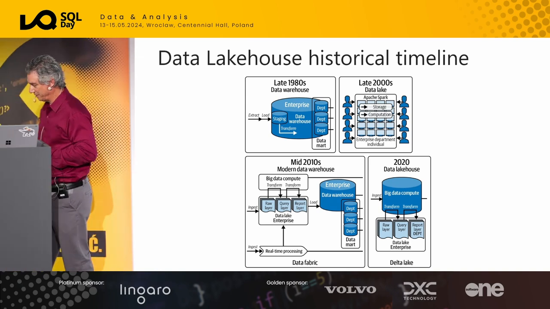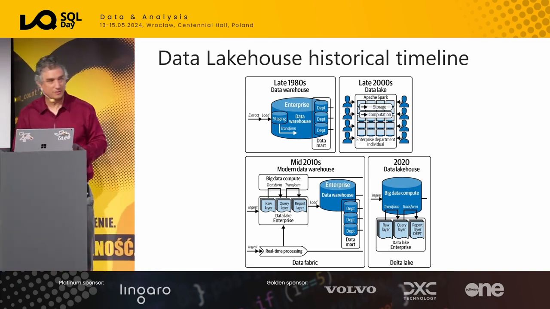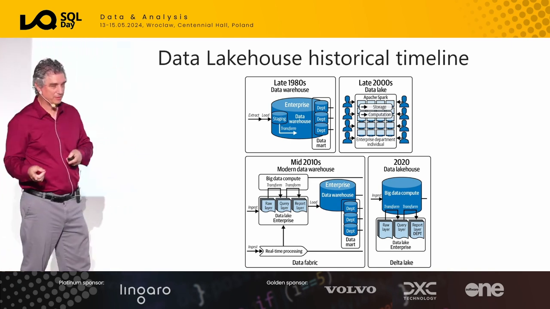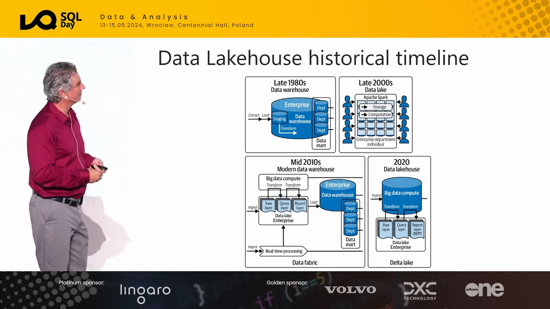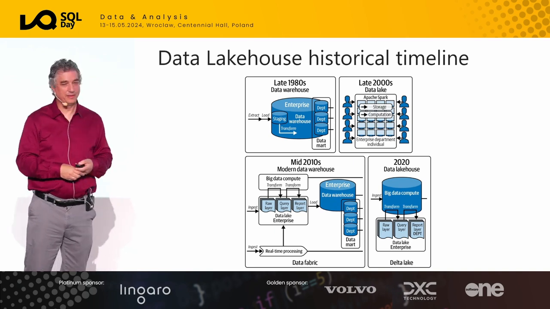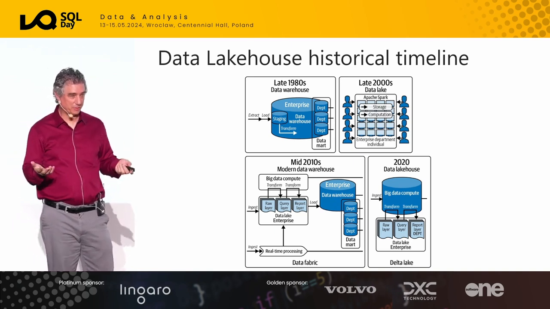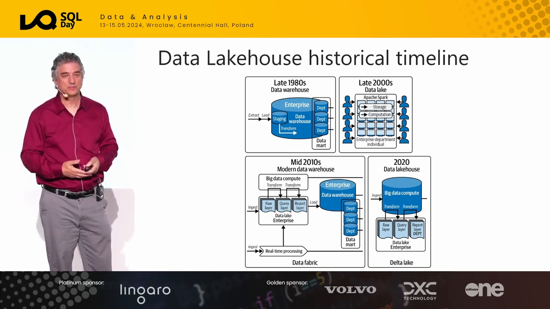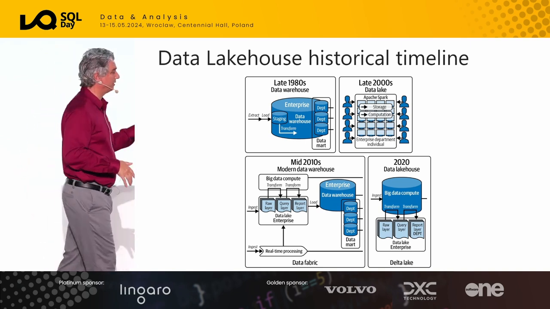Databricks came out with the idea of a data lakehouse. It's a data lake combined with a data warehouse to form the cute term data lakehouse. And their idea was you don't need relational data warehouses. And you should be going, oh, wait a minute, you just said that failed. What's the difference? Well, the difference now is Delta Lake.